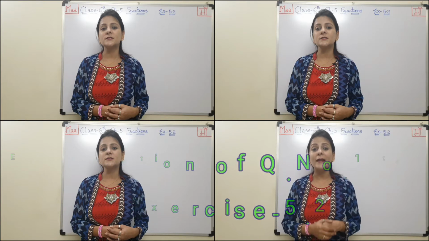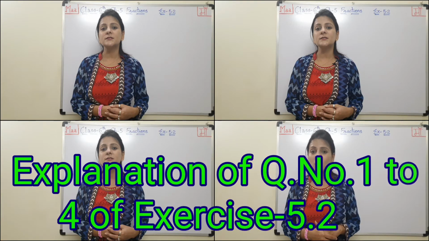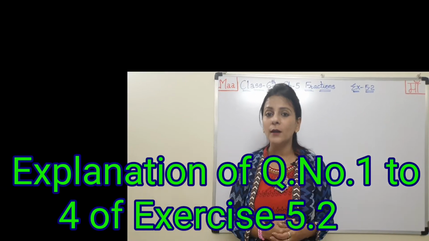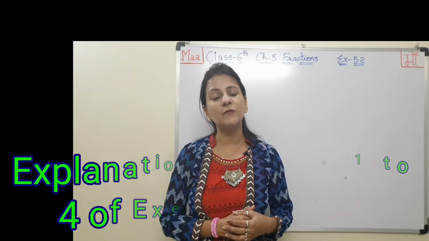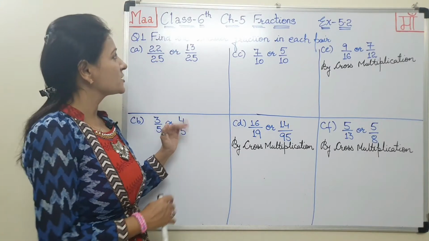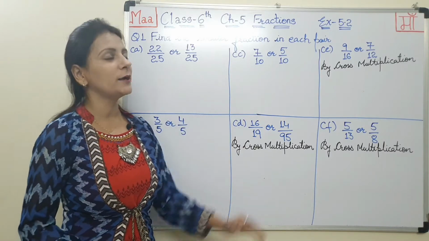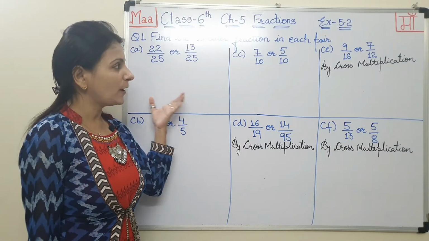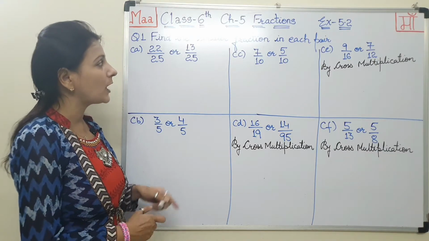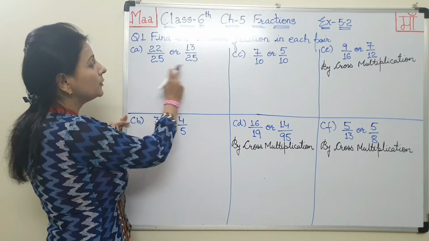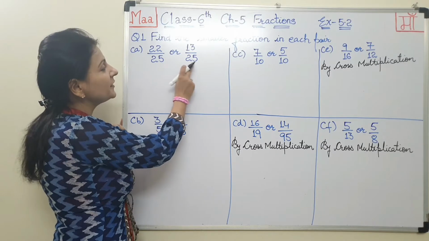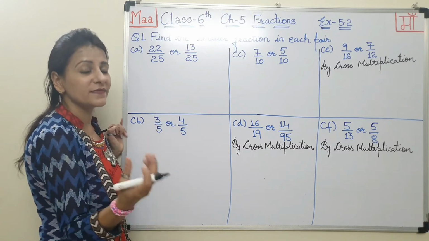So without any more delay, let us begin with question number 1 of exercise 5.2, in which we have to find out the smaller fraction. So students, this is question number 1, in which we have to find the smaller fraction in each pair. One pair of fractions is given in each part and we have to find out which one is smaller from the two given fractions. See students, if the denominator is same,